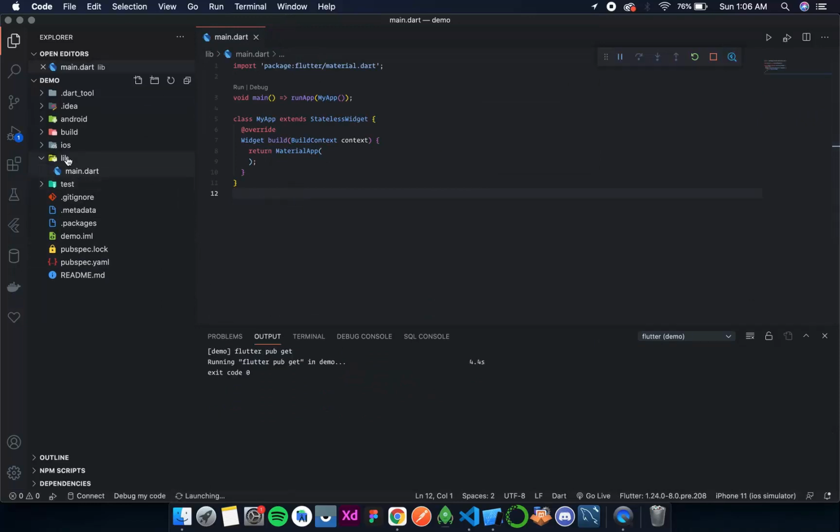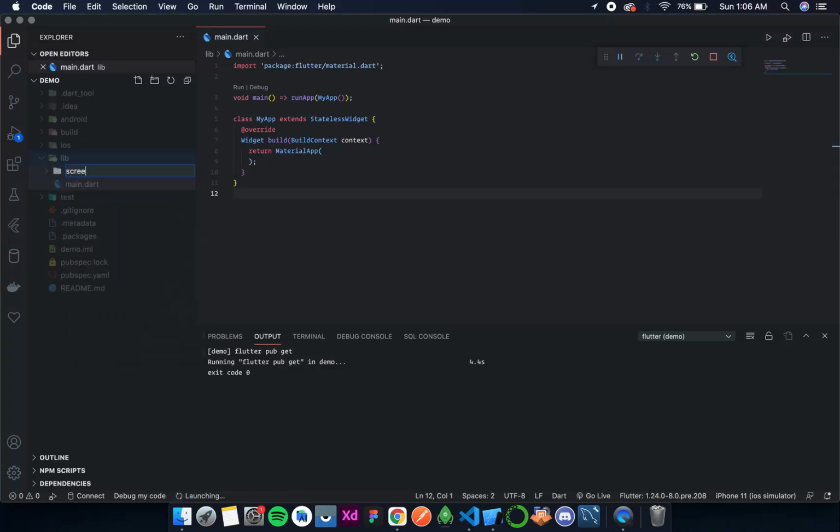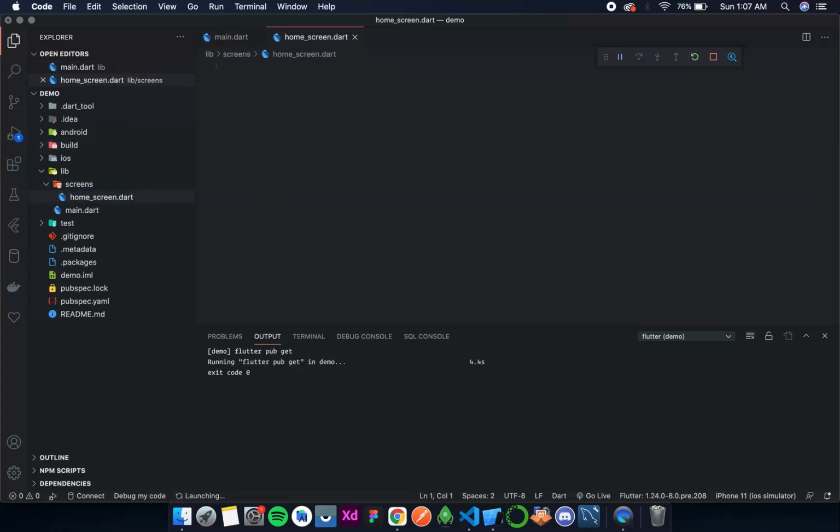Now let's start. I'll first create a folder that will be screens, and then in the screens we'll first have a home screen dot dart. Now let's first of all import material. That is the most important thing.